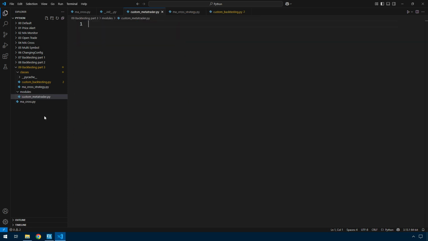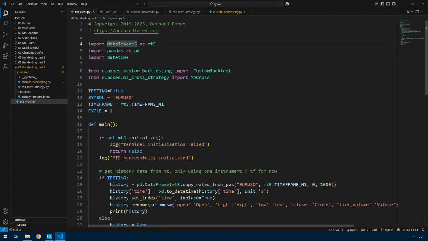Now to override it, I've created another folder here called modules at the same level as classes, so it's underneath my backtesting folder, and I've created a file in there called custom_metatrader.py. All I'm going to do here is just say from Metatrader 5 import asterisk, and without doing anything else, that will give me all of the functions that are available in Metatrader 5, and I can go back to my MA cross, and instead of import Metatrader 5, I can change that to